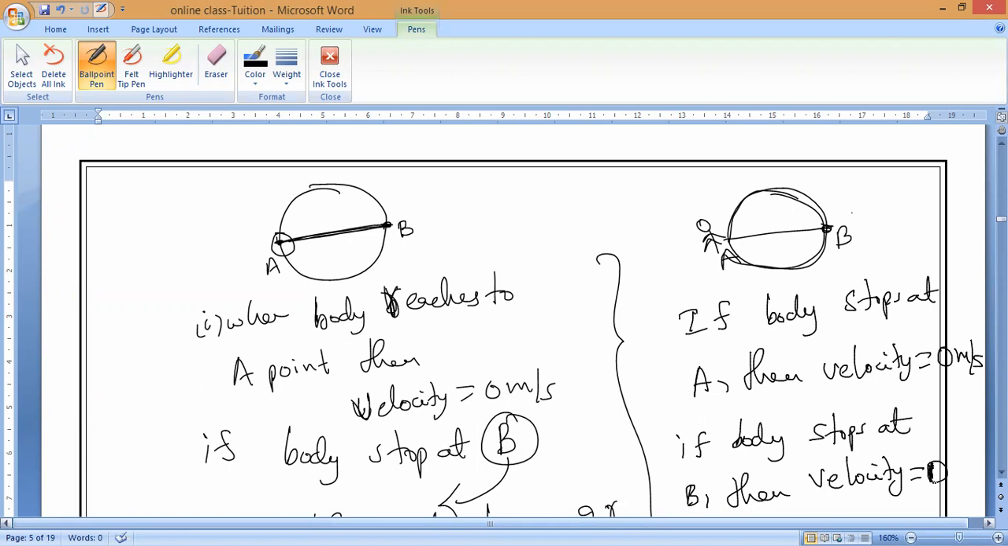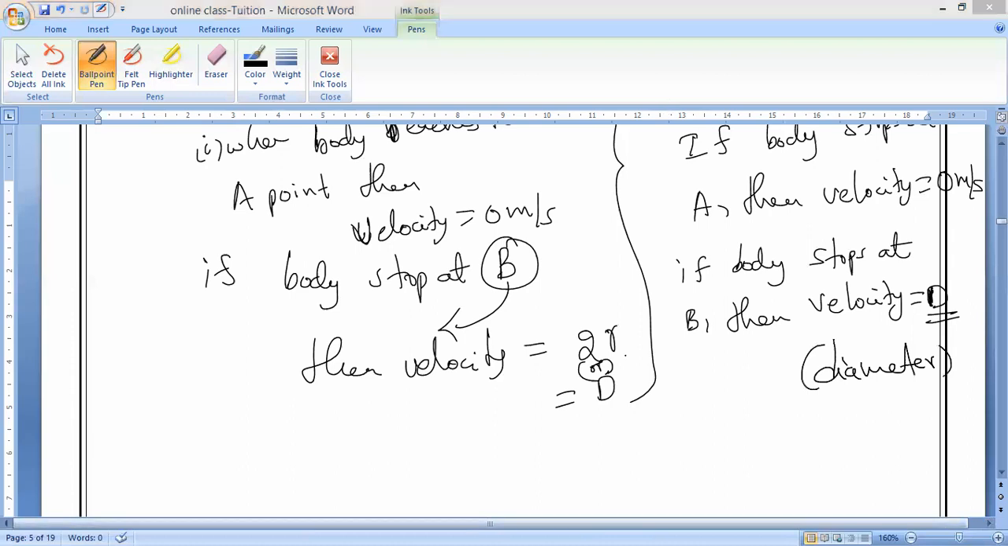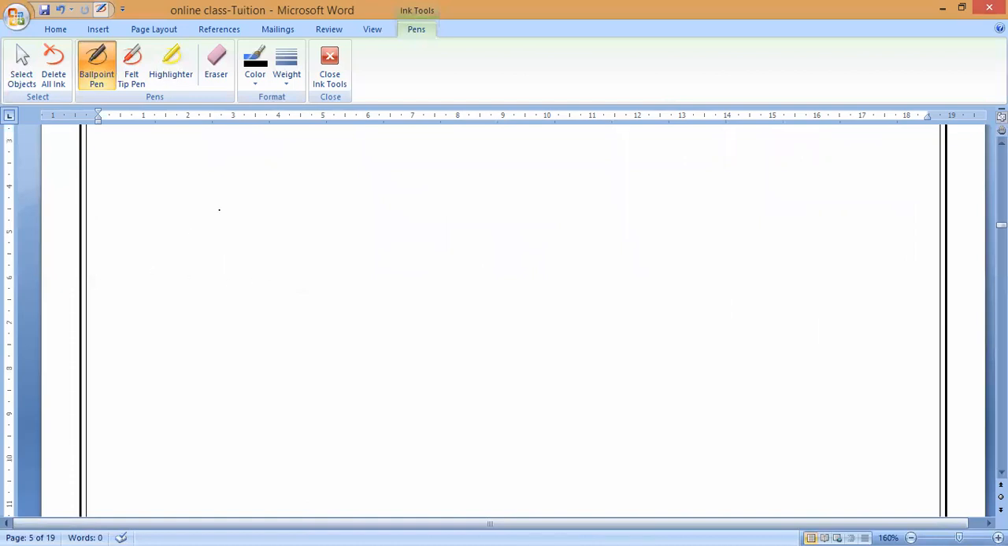Velocity is equal to what? 2R, diameter, or 2R. When they have given the diameter, again 2R is not required. So diameter. Okay? That is the one thing you have to remember. Any doubt in this? Please respond. All of you note it down. Next, if your body is traveling in a